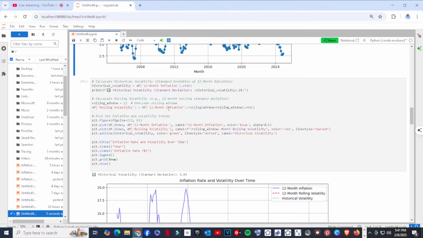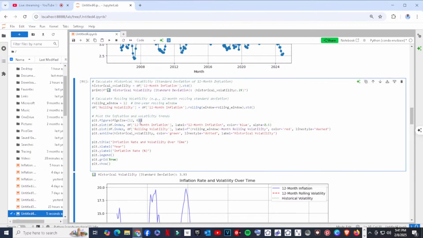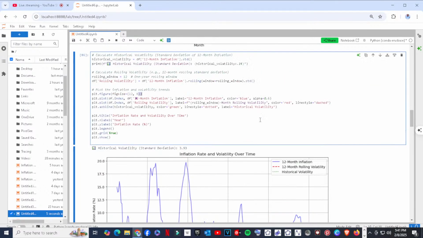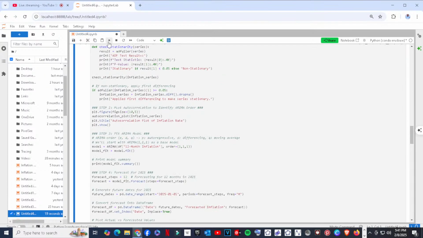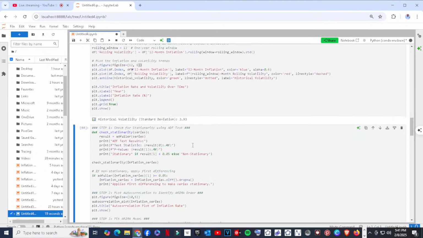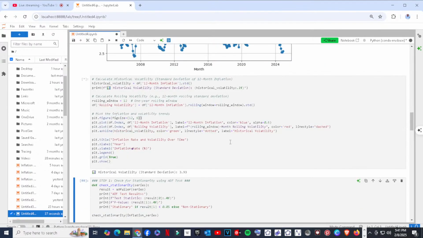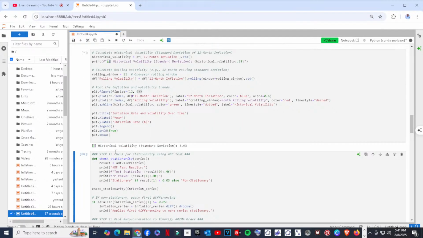So let me run the code so that we see what it gives us. You can see I'd run it, that's why you see this, but just to ensure that the code is proper, we run it to see what it brings. So here we see the historical volatility.